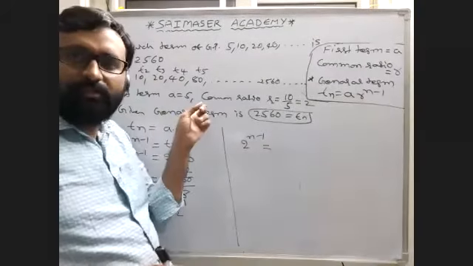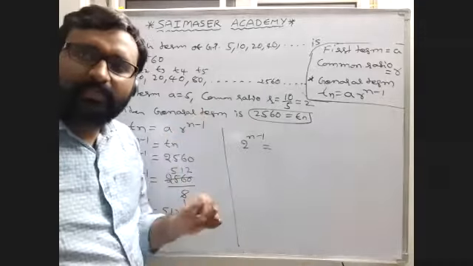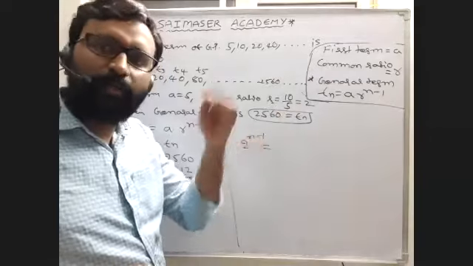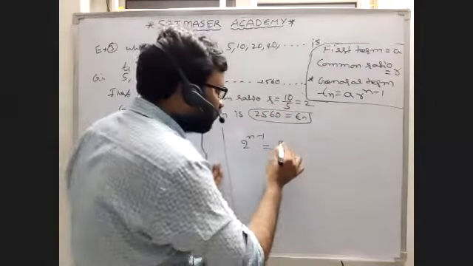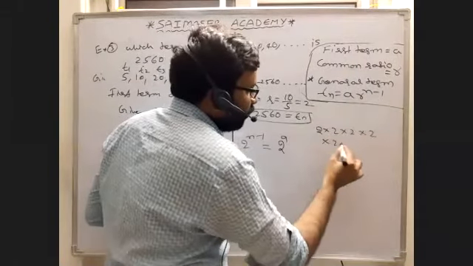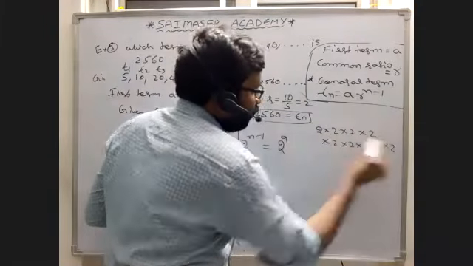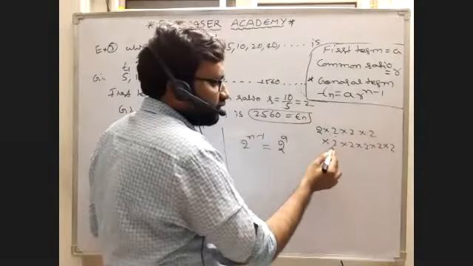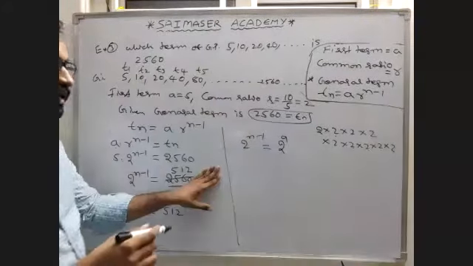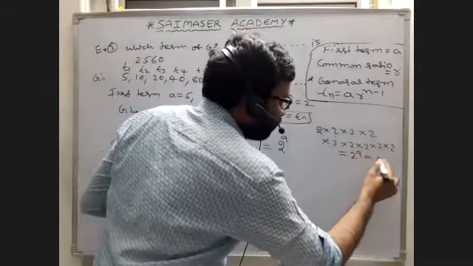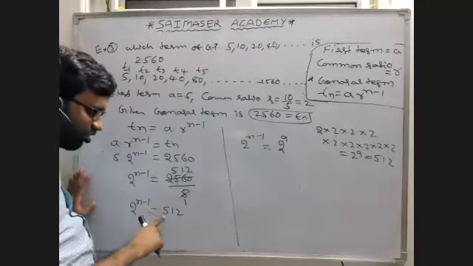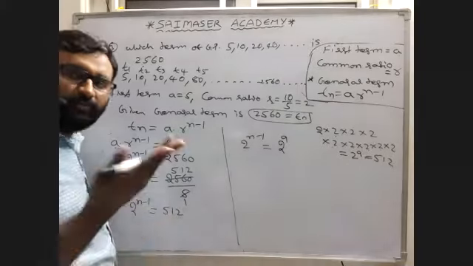In the previous question, 2 power 9 is 512. Already we know. We multiplied 2 into 2 into 2, nine times, and there we got 2 power 9 value as 512. If you want, you can multiply 2 into 2 into 2 into 2: 2 2s are 4, 4 2s are 8, 16, 32, 64, 128, 256, 512. So 2 power 9 is equal to 512. So I am writing 512 as 2 power 9. Why? This is 2 power something, so we can write this also as 2 power something. Then we can get the answer very easily.